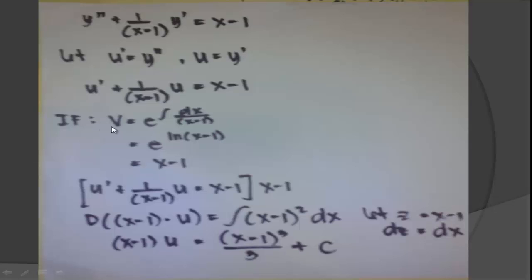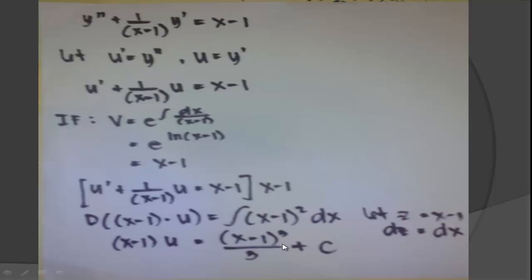Finding first the integrating factor, you have e to the integral of dx over x minus 1, which is equal to e to the ln of x minus 1. Now, you have the final integrating factor x minus 1. Multiplying this integrating factor to the equation, u prime plus 1 over x minus 1 u is equal to x minus 1, times x minus 1, and you have the resulting derivative of your integrating factor times your dependent variable